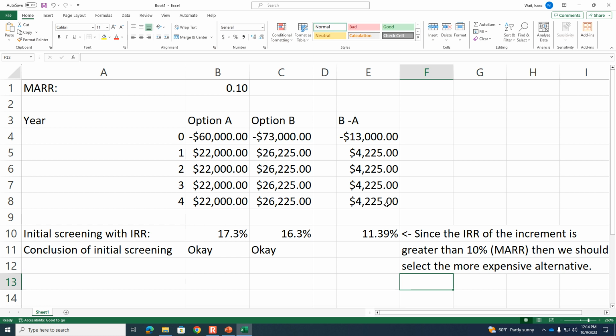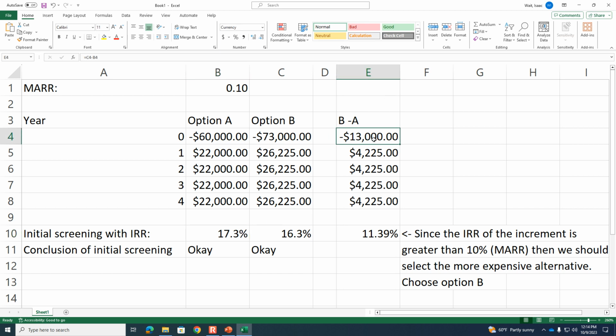So choose option B. This is another one of those cases where if all you did was pick the one with the highest IRR, you'd get the wrong answer. You should pick the one that maximizes your profits. Now, how do we know that option B will maximize the profit? Because